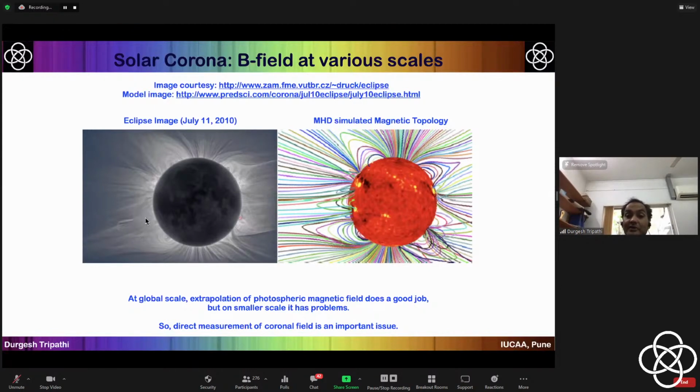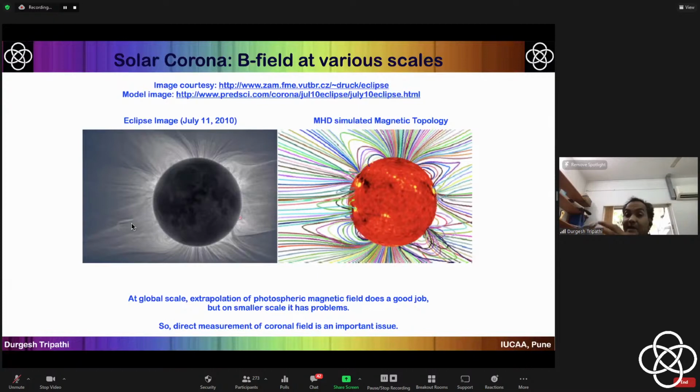And the reason is that when you think of Zeeman splitting, what it does is, when you look at a magnetized gas, and you have a spectral line which is magnetically sensitive, then depending on the magnetic field, it will show a splitting of the spectral line. However, if the line is very, very broad, that means if the thermal width of the line is very large. And why would that be very large? Because the temperature in the corona is very, very high, 1 million degrees. Then the thermal width of the spectral lines you take will already be very large,